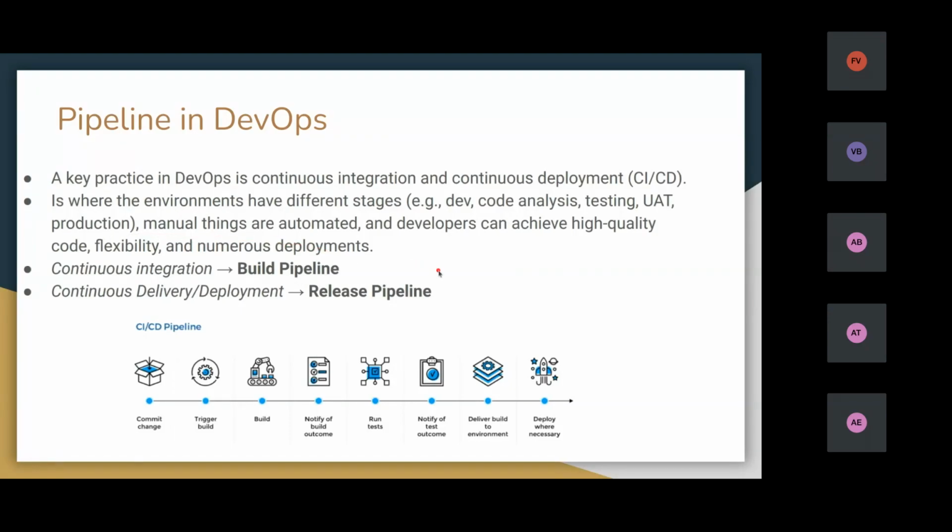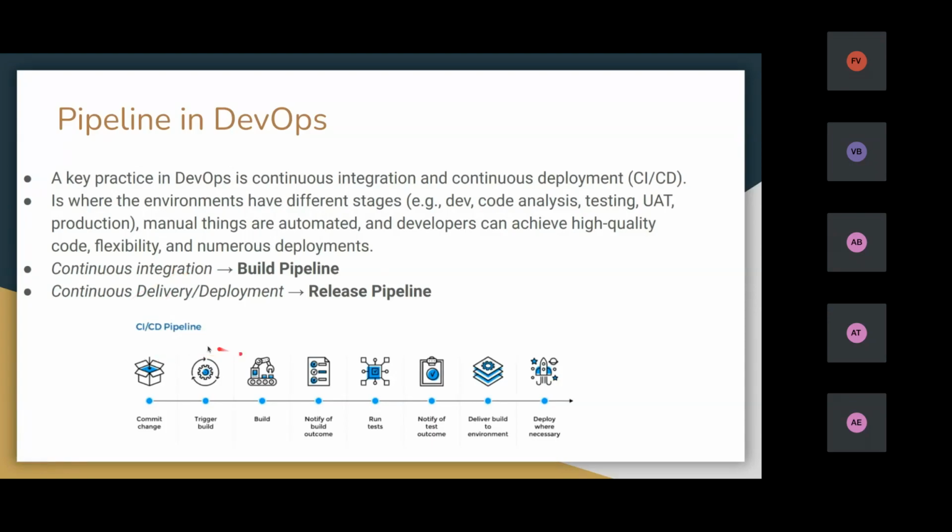For example, the developer will be testing on a dev environment, and there will be some QA testers. They will be testing on the testing environment, and there will be another environment, the production environment. It will be open to the customers. So there will be many environments, and we will manage all the environments through CI/CD tools.